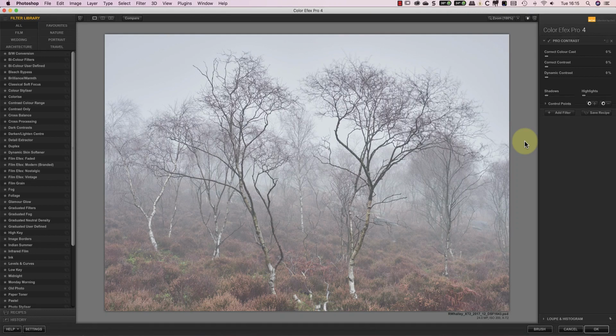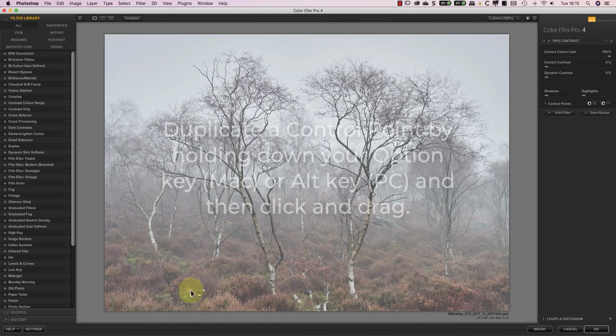The first tip is something that's simple that a lot of people don't realise is possible. Let's say that I want to use the Pro Contrast filter to neutralise the colour of the sky in a photo. When I move the correct colour cast slider over to the right, it fixes the sky, but it also changes the foreground. To prevent this happening, I can add a negative control point to the foreground to protect that area from the filter adjustment.